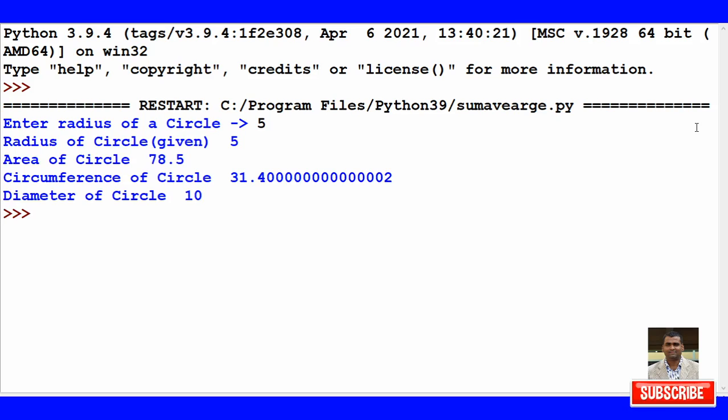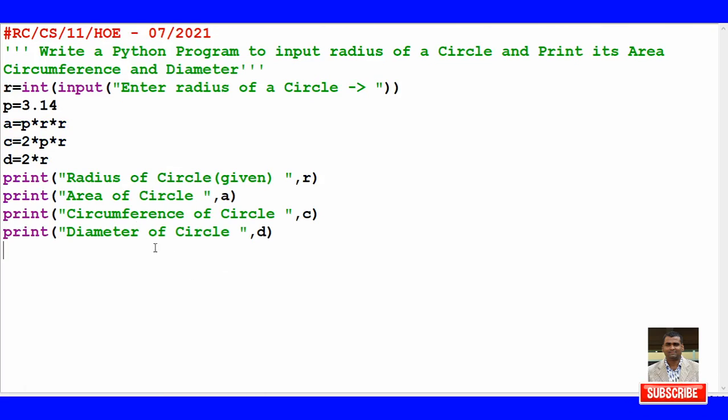Area is coming 78.5. Circumference is coming 31 point something because it is in float nature. And then diameter is coming 10 centimeter. So this is about finding area, circumference and diameter for the given or inputted radius of a circle, right?